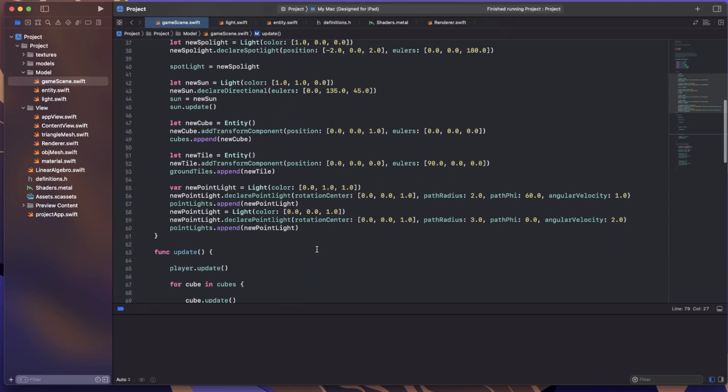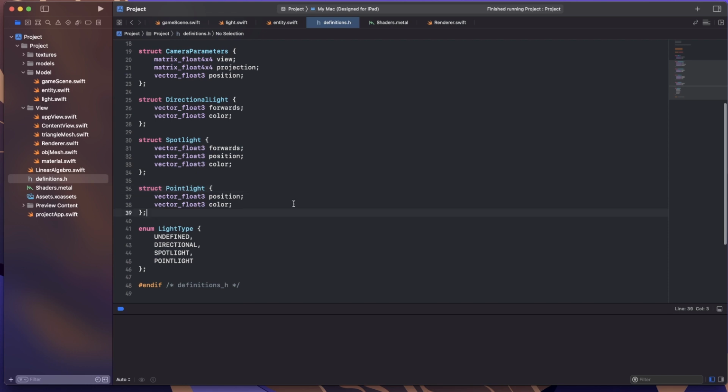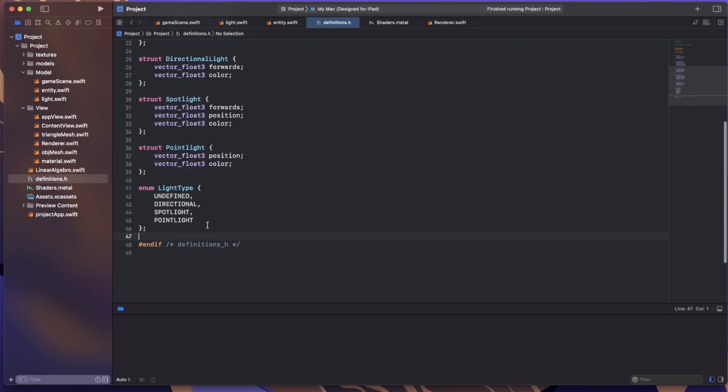And then we need to actually use this. So we'll go back to the definitions. And I'm going to make a struct which will just hold everything that we're going to throw to the fragment shader. So go struct, and what I'm going to have is an unsigned integer light count to track the number of lights that I'm using. And